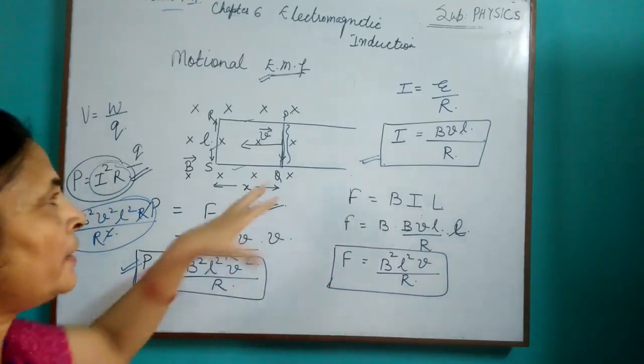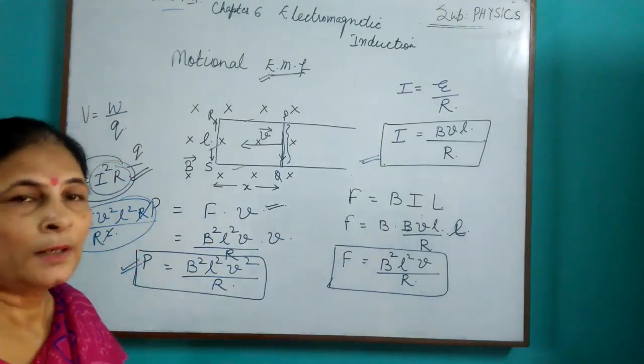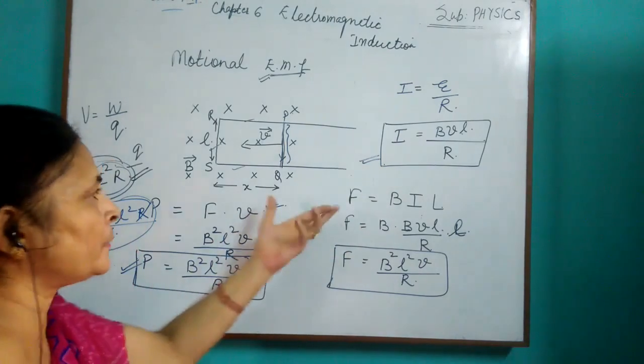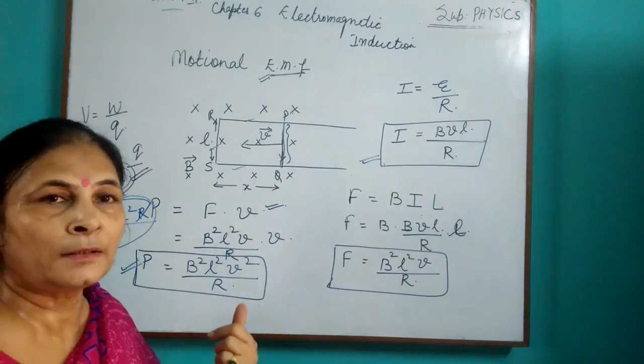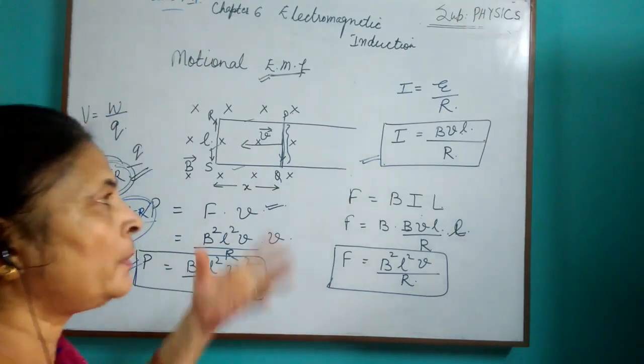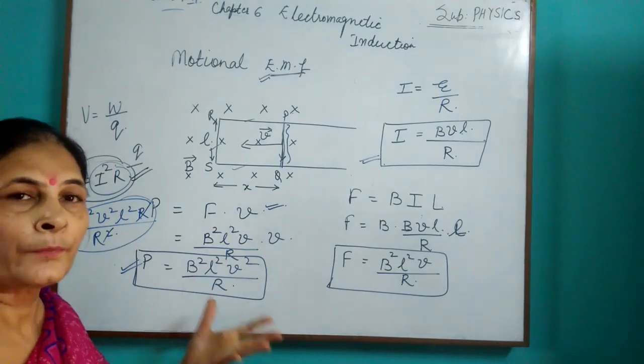So 2 marks for finding out motional EMF, 1 marks for these type of expression. They'll ask you power, they can ask you work done, they can ask you the force experienced by the current carrying conductor. They can also talk about the work done. So those will be for 1 marks. So accordingly, you have to do this topic.